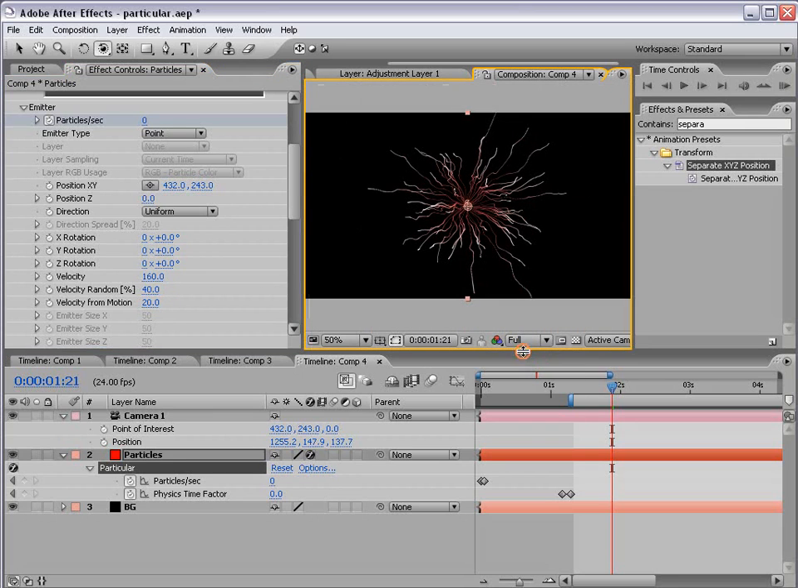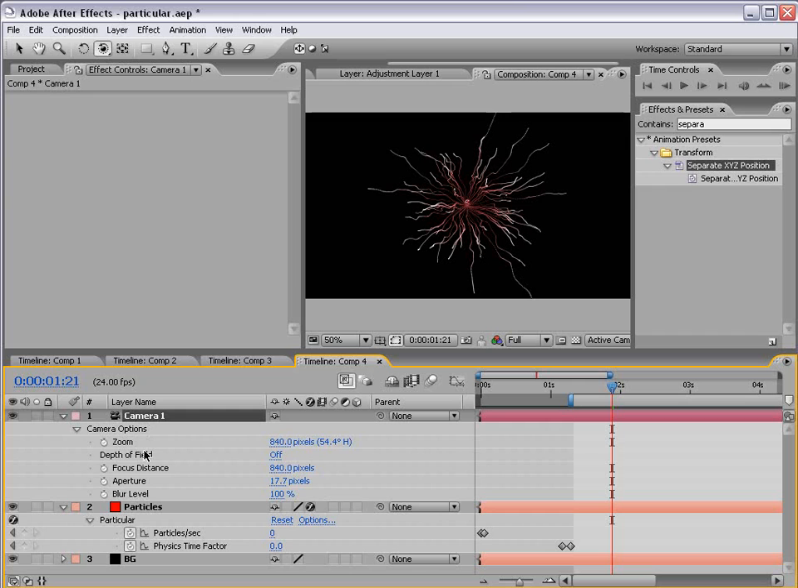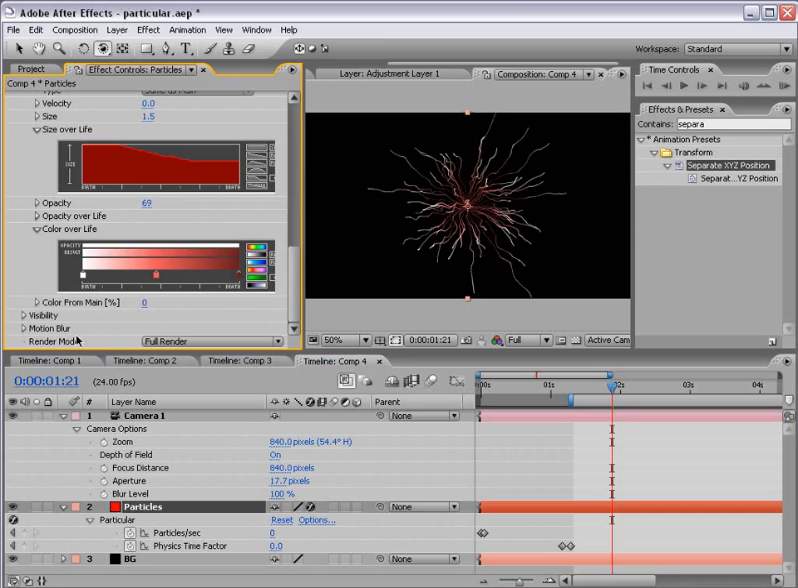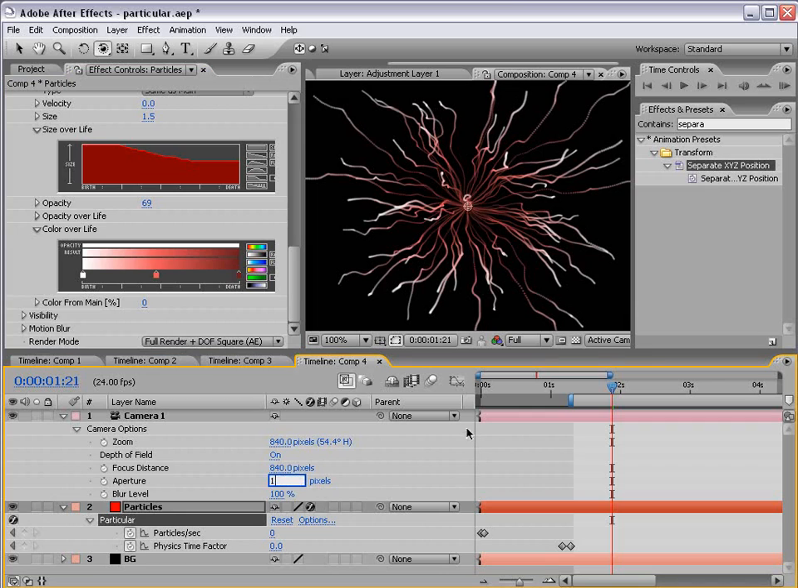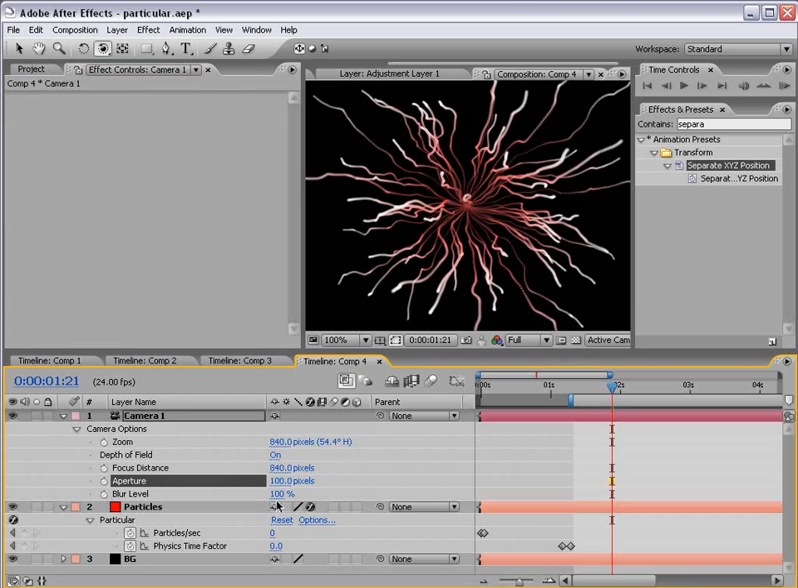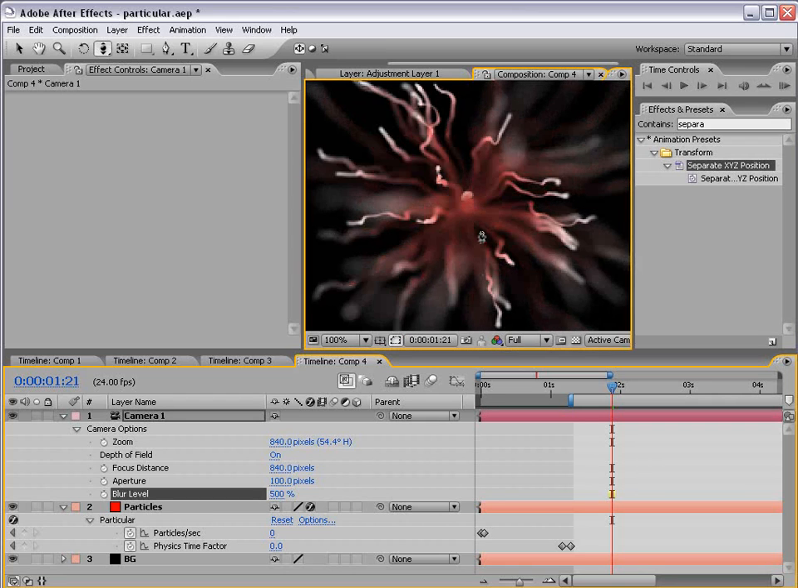Also, we want to turn on the depth of field for the camera. So I'm going to hit AA. It brings up our camera options, and we're going to turn the depth of field on. Then we also have to turn it on for Particular, and we do that at the bottom under the render mode, full render plus depth of field. Then if we turn the aperture up to about 100, we want to really have depth of field, and the blur up to about 500, we're going to have some serious depth of field. And then we can move our camera in a little bit,